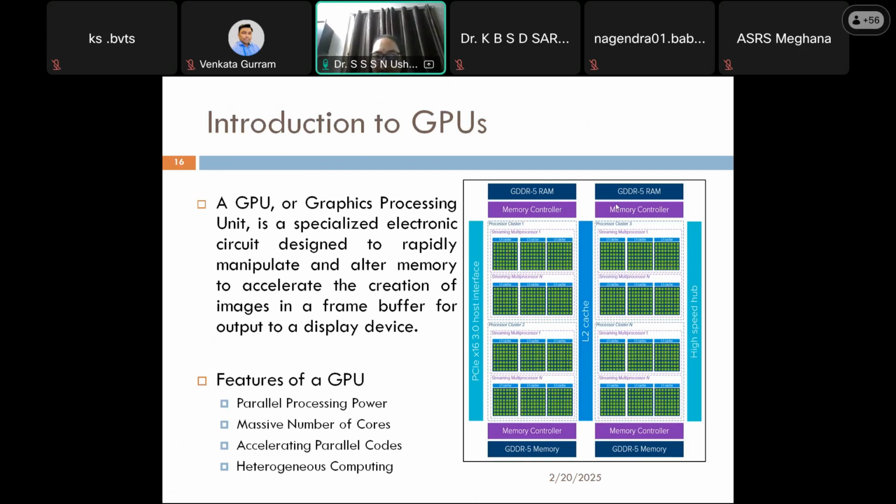Okay, we have already discussed this point. I'm not going into the inner details of GDDR, how the structure works, and why it is faster than normal RAM. I'm omitting that part because I would like to focus more on the internal structure, the streaming processors and the internal parts. There are multiple things, so let us see those which are very useful for programming. Of course, the architecture of this RAM is also required.